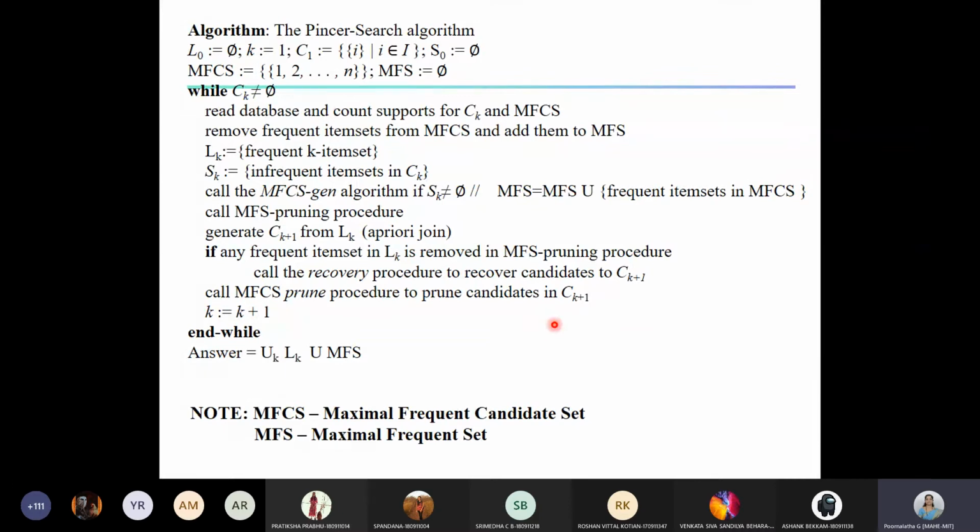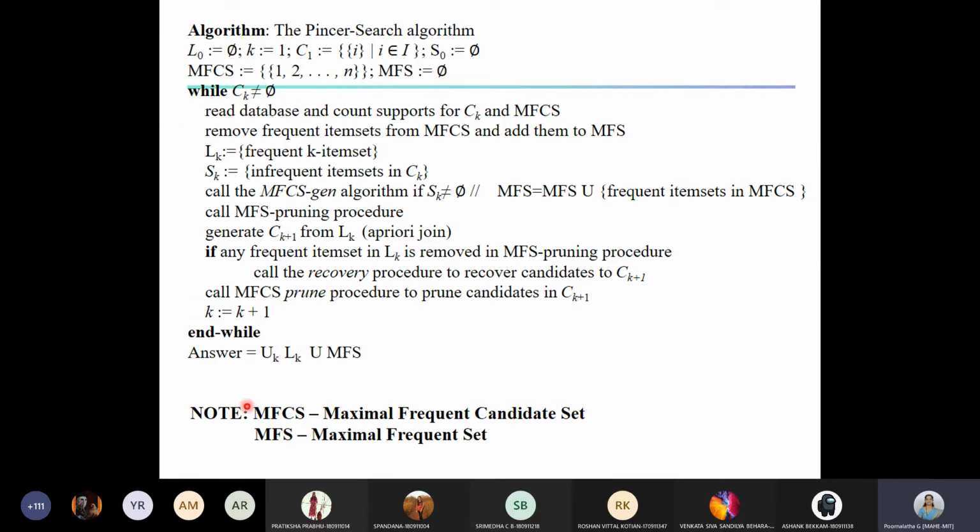If any of its subsets is not present in MFCS, then we remove it from CK. That's what we do in the MFCS prune procedure. Then increment K, go back to the while, and again check whether CK is empty or not. If not empty, again enter. We keep on repeating this till our candidate item set becomes empty.